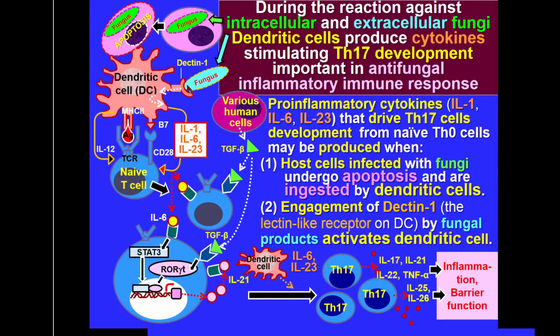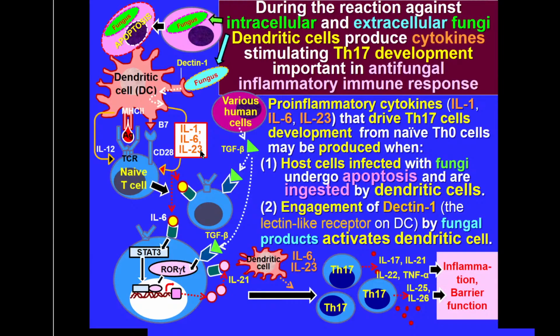So, the real picture is more complex. Dectin receptors may react to extracellular fungi, stimulating dendritic cells to produce pro-inflammatory cytokines responsible for polarization of CD4 precursor cells to T helpers type 17. This differentiation of naive CD4 cells to T helper 17 is also stimulated by engulfment by antigen-presenting cells of apoptotic fungus-infected cells. Apoptotic fungus-infected cells also stimulate dendritic cells and macrophages to produce interleukin 1, interleukin 6,